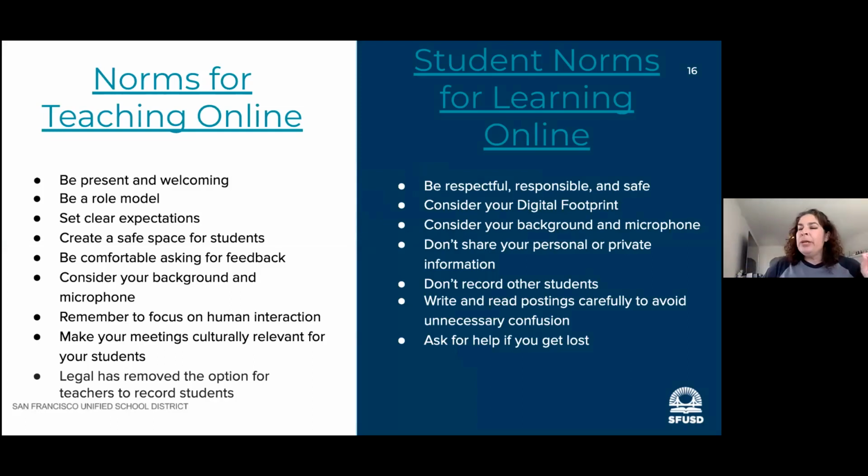But the ones that I want to point out are the legal ones, okay? It is, and it will also be in our new MOU contract, that when we are recording our synchronous meetings or recording our meetings in general, we need to have no student identifiable information available in those meetings. So that is the one clean, clear piece of information. You can record your synchronous meetings. However, you need to make sure there is no student identifiable information, okay?